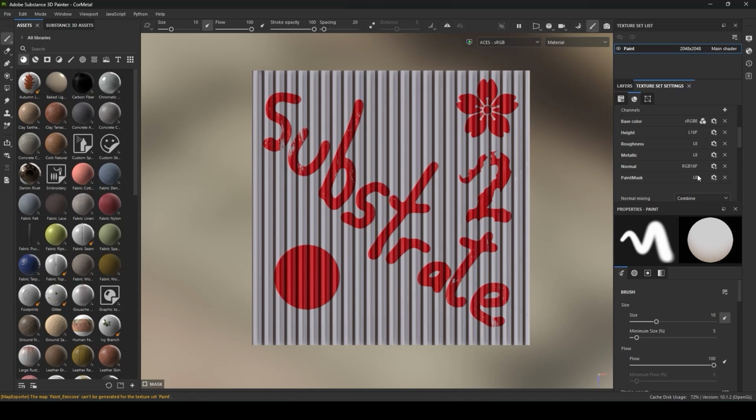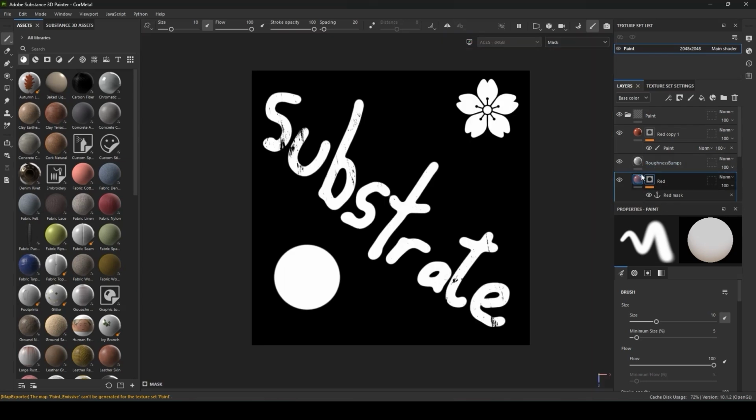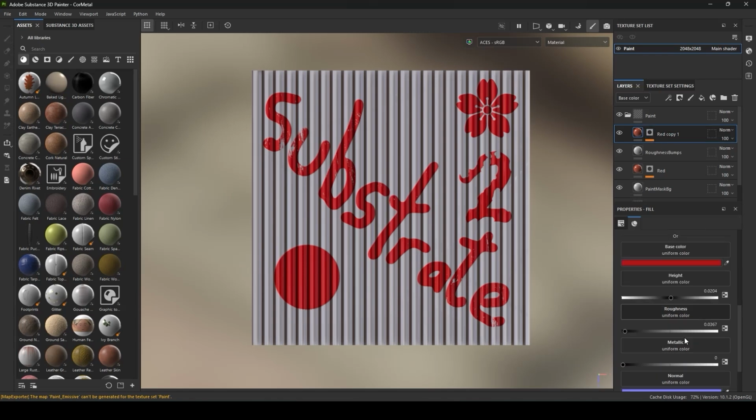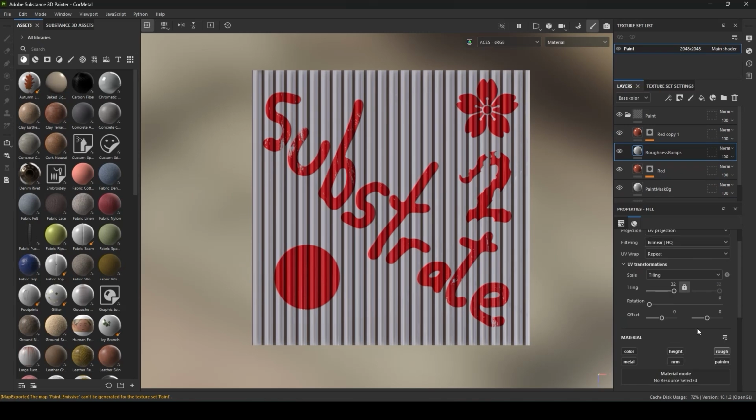That would essentially just be a grayscale image. And whenever I'm laying down something in my mask here, I just wanted to make sure that I had that paint mask channel enabled. So it's going to also paint white into that paint mask. This one doesn't have it because this is just affecting roughness. So now that I have that,